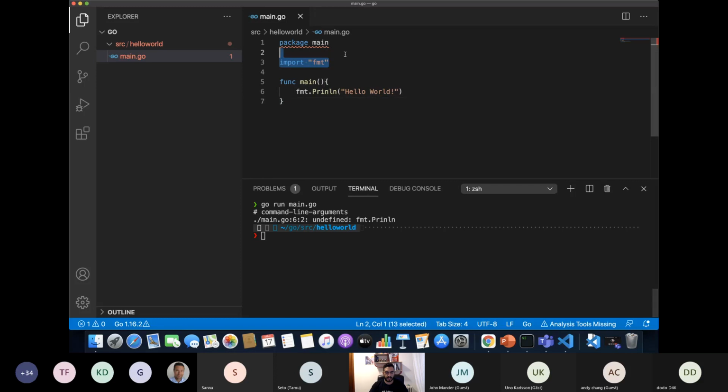Oh, okay, I see my error now. So if I do print line, and, sorry, fmt, and do it again, I should be able to see hello world. Okay, so this is what we would like to see.